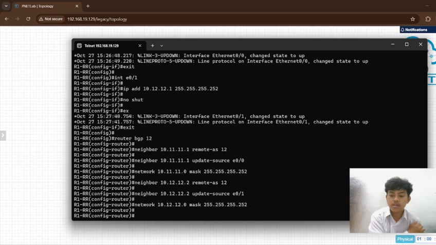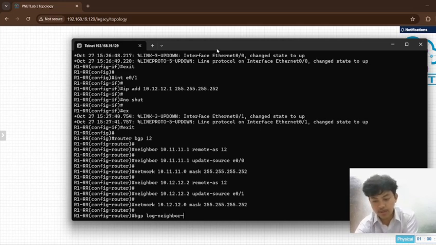It's not essential, but it is important for troubleshooting BGP: you can type bgp log-neighbor-changes. Sorry guys, I forgot.